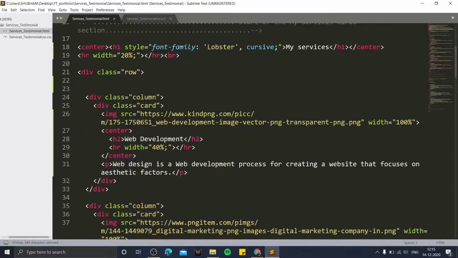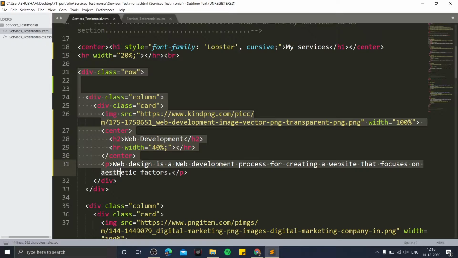As you can see, I have given a heading to our My Services card section with a horizontal tag just for aesthetic purposes. Let me now explain how we are going to build the logic to display our 4 services cards. I have first created a parent row division. The main purpose is to create a row which can accommodate 4 columns, and in each column, one card can be fitted well. So for the same logic, we have created a model for each card and repeated it 4 times, as we want to display 4 cards in our My Services section.